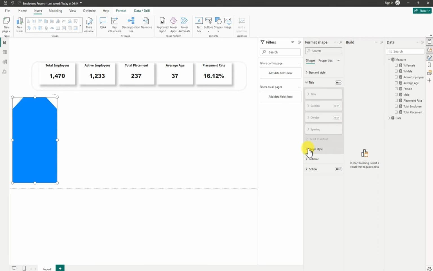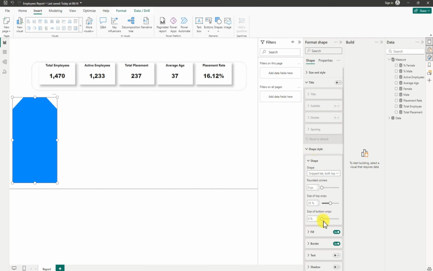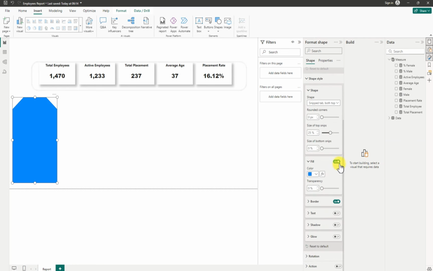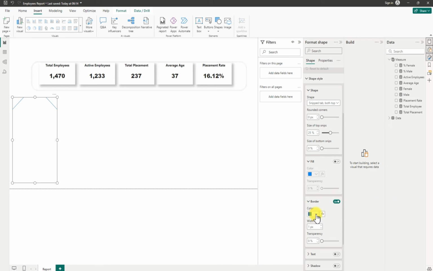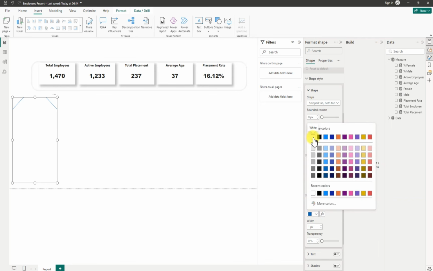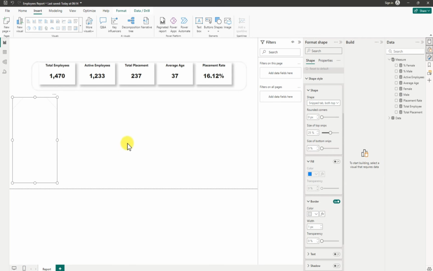I'm going to shape and size. I'm going to remove the fill. I don't want it. I'm going to close the fill actually, and I'm going to use the border, and I'm going to make the border line. I'm going to make it white, or probably let me make it something like this. Now let me see,